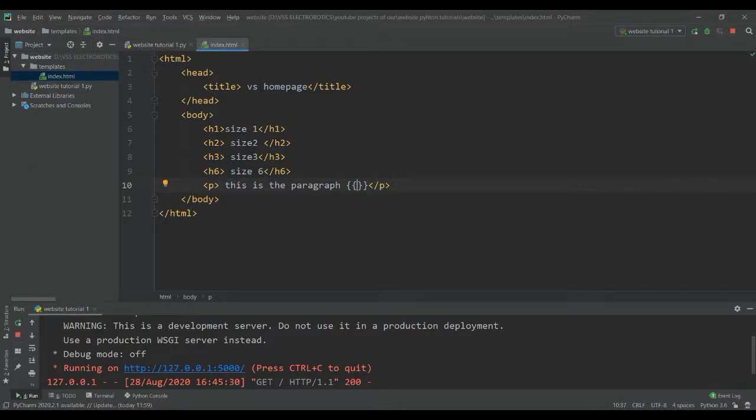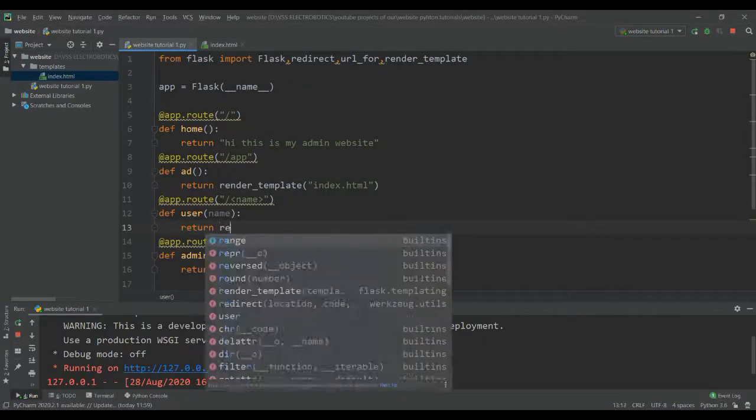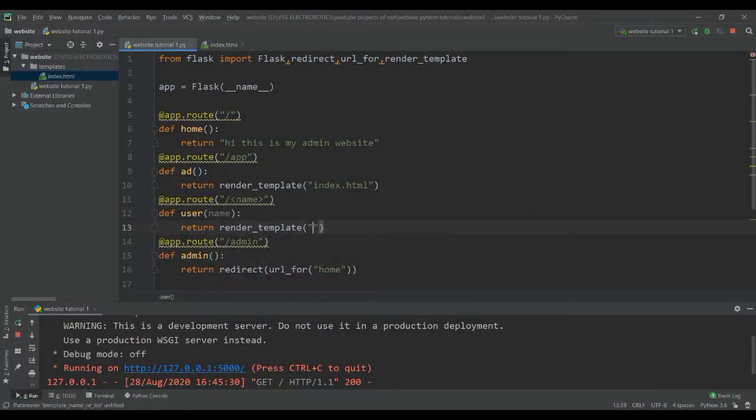Because these curly braces will be used to pass the variables. So content is a variable. It will be passed the variable, and the variable names present in the variable. Okay, in here, render_template index.html, comma, content is a variable, and we are gonna pass the argument which is defined in the function.